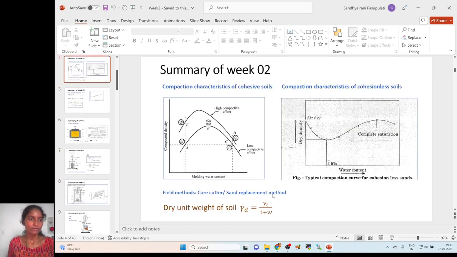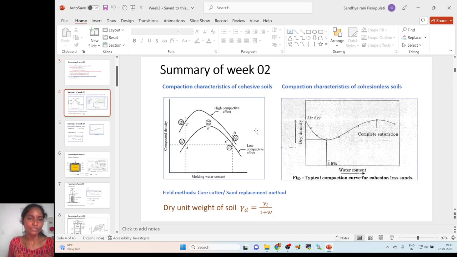Okay, okay. So this we just discussed: the difference between the compaction curve of cohesive soil and cohesionless soils. We have seen that half of the cohesionless soil curve is almost the same as the compaction curve of cohesive soils, but there is a little difference in the initial starting. So we have explained why it is different. Initially, when the entire sand is in the dry state, it has a particular density. When I start adding the water,